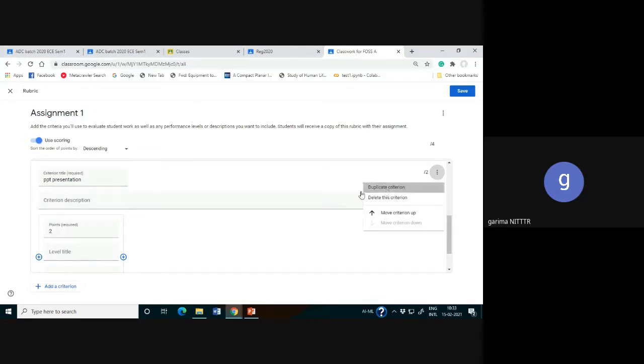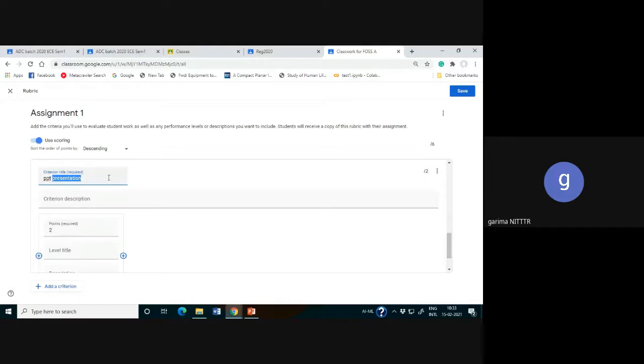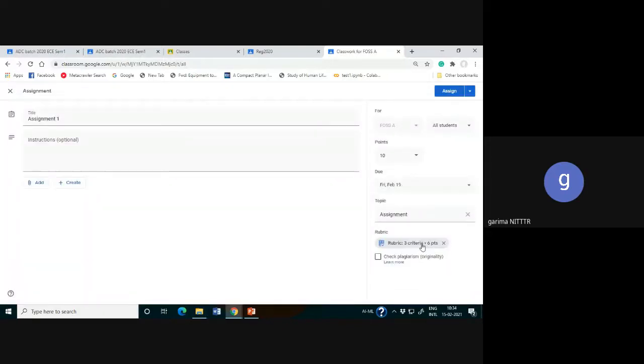So we have different sets, and the total marks for this assignment I have assigned, suppose, 6. It means 3 different criteria. On these 3 different criteria, I am assessing the assignment, and the criteria titles are defined, so users get the information on how we are assessing this assignment. I am saving it. When you save it, you'll get the information related to that: you have a rubric, 3 criteria are there, and 6 points. You can check the plagiarism also, but in normal assignment work it is not needed. If needed, you can check it.